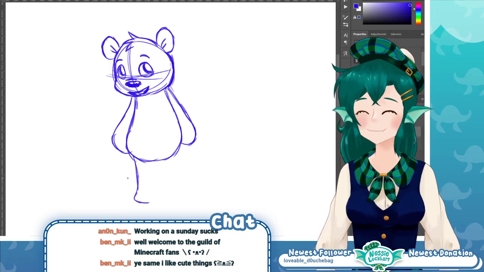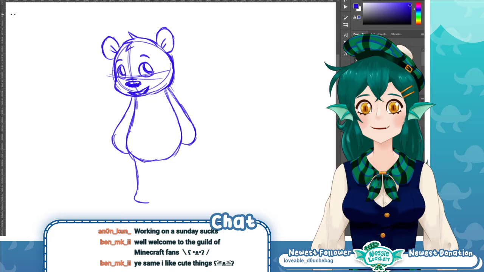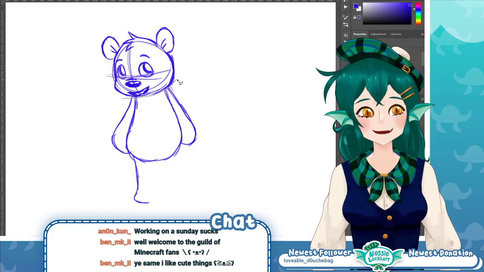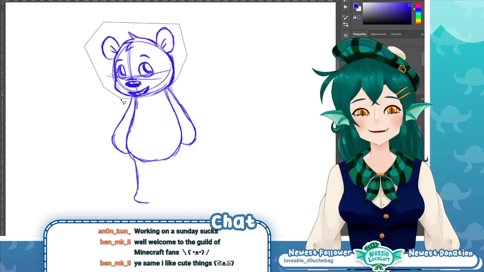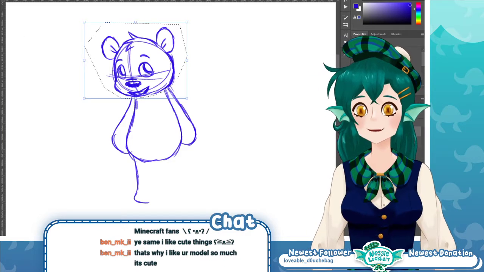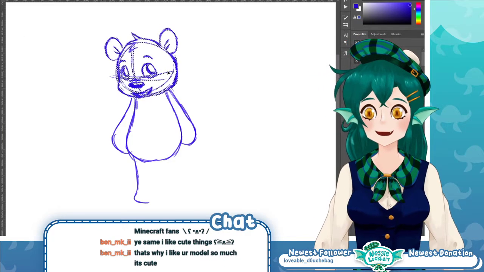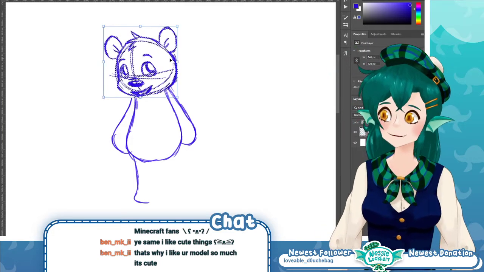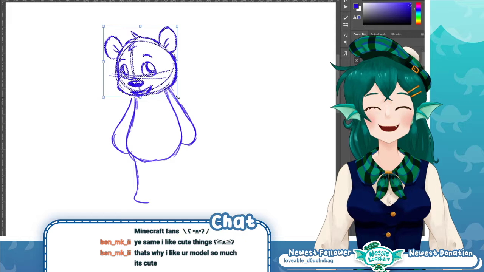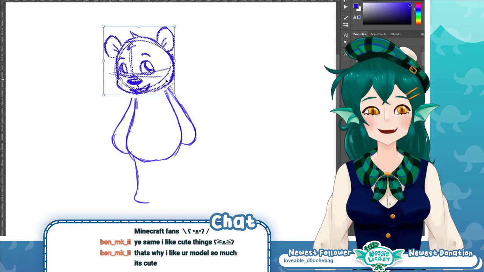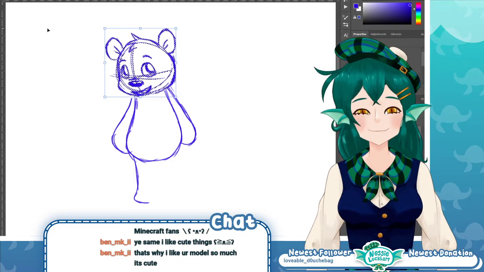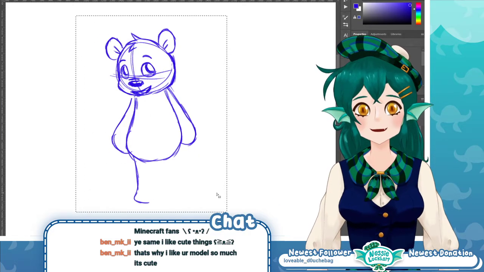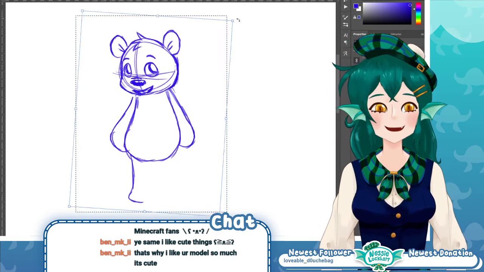I'm still not really good at drawing in the anime style, so I definitely tend to draw more of a comic style. That's why I like your model, so cute. It's definitely not full-on anime. It has a tiny bit of a Western vibe going, you could say.